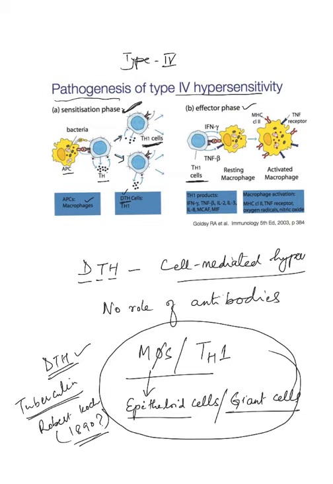Once they get a second exposure to the antigen, these T helper Th1 cells would start secreting cytokines like TNF beta or interferon gamma. Other cytokines are here like IL-2, IL-3, IL-8, and these cytokines then can act on the resting